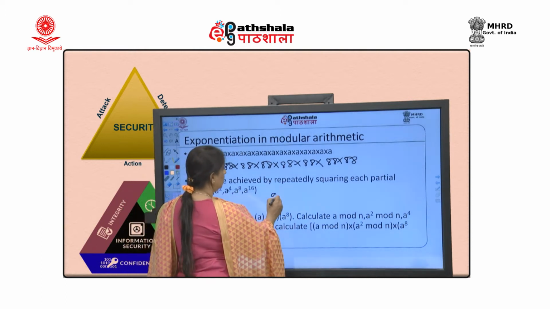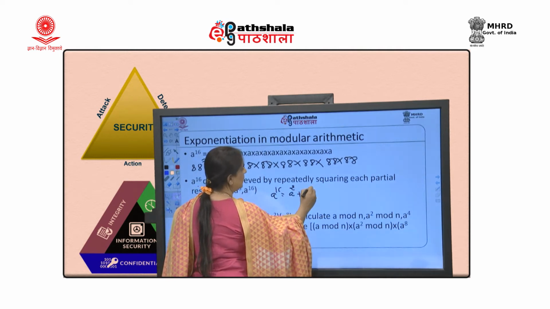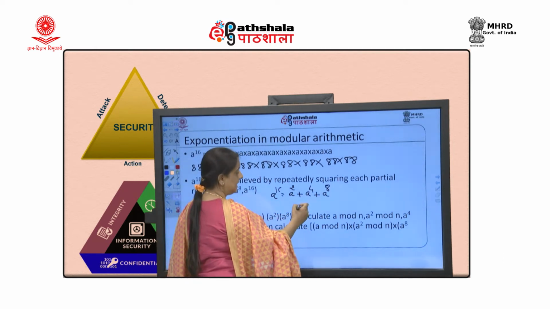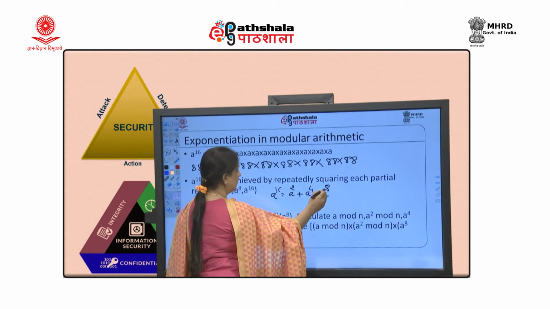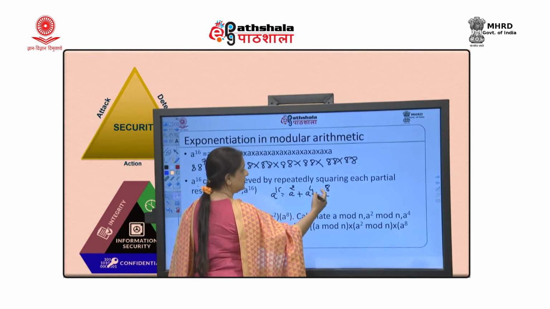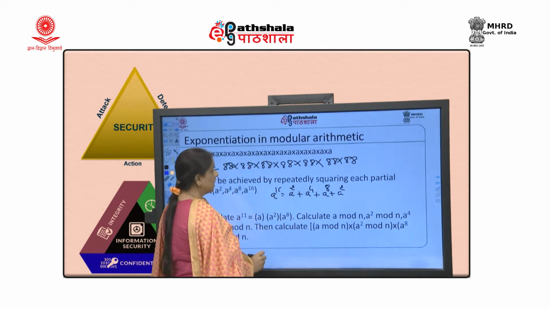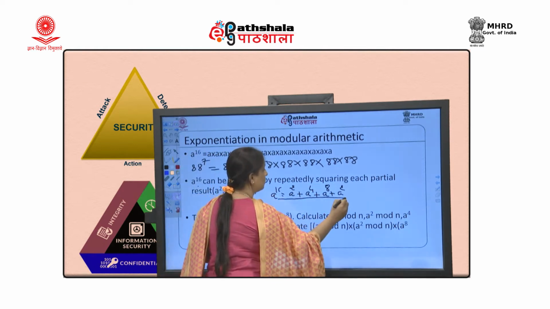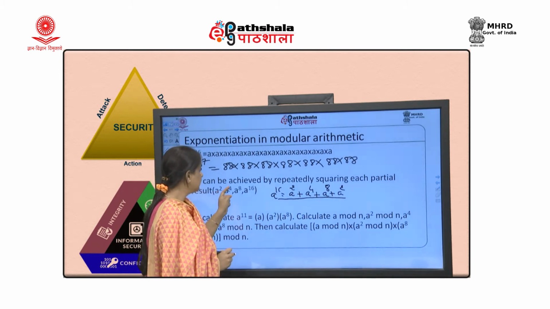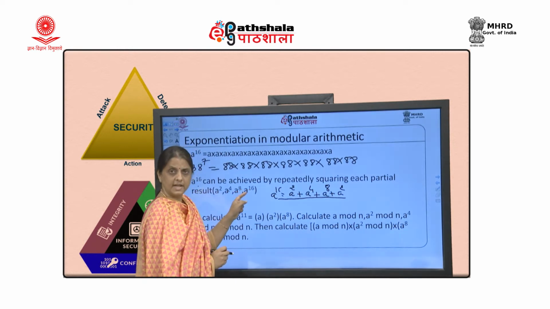I can simply compute the square, then square the square, then compute a raised to 4 squared, that is 8. Instead of writing this, what we can do is first compute a squared, then square it to get a raised to 4, then square the number, it would give you a raised to 8, then square the number, you will end up with a raised to 16.